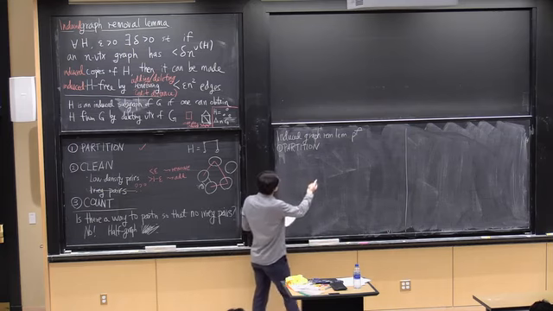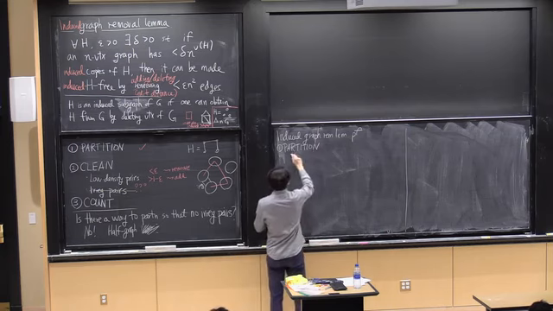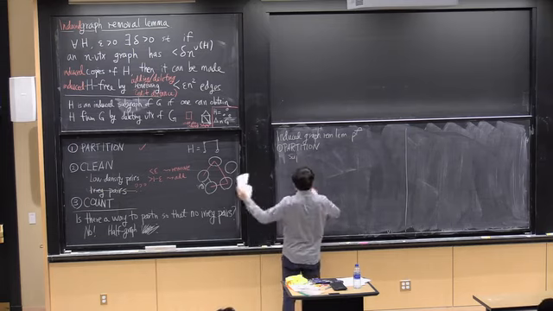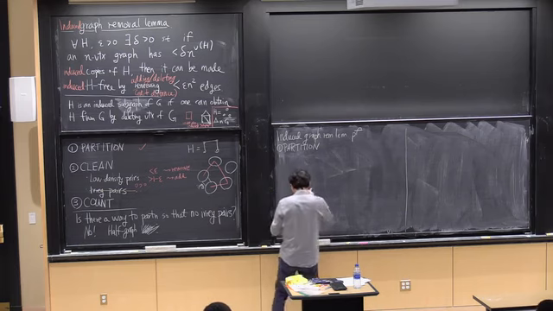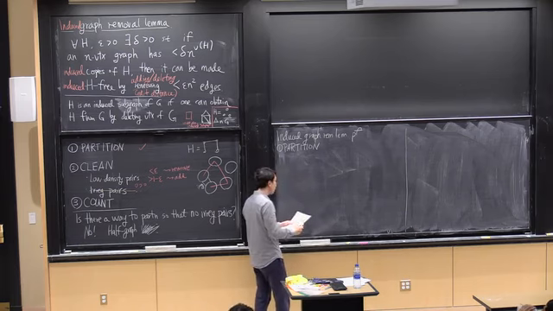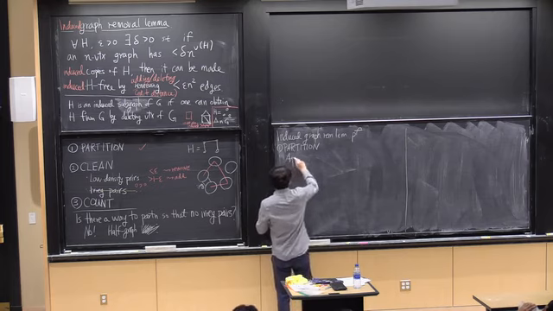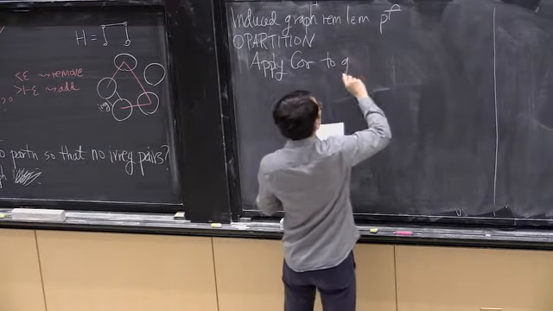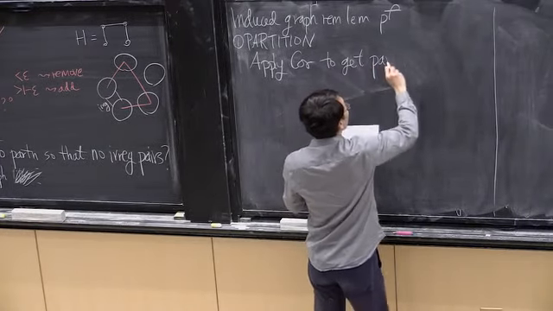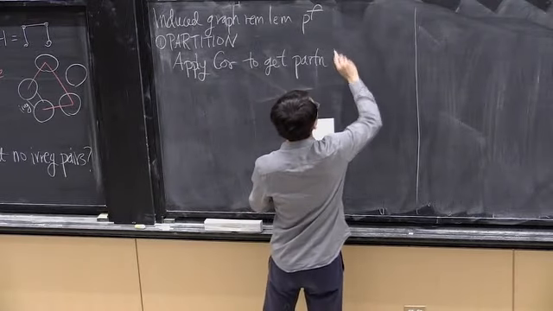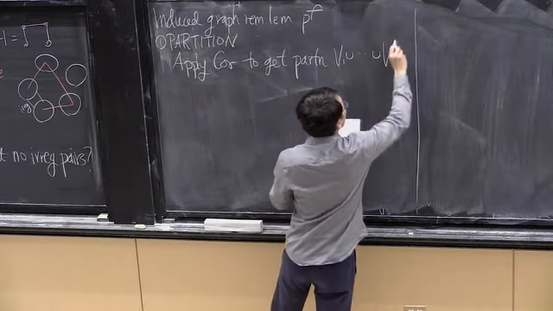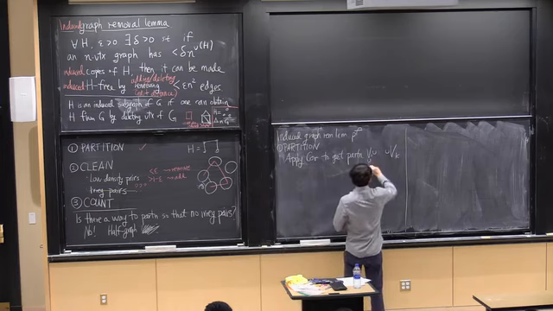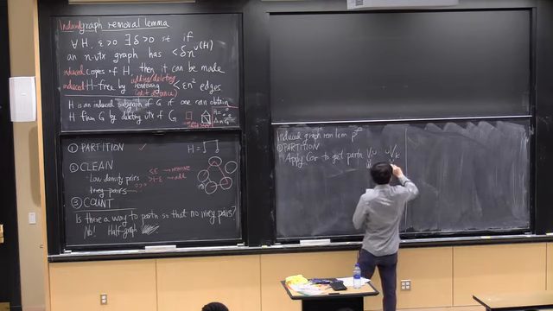So we suppose G is like above. You have very few induced copies of H. Let's apply the corollary to get a partition of the vertex set of G into K parts. And inside each part, I have a W